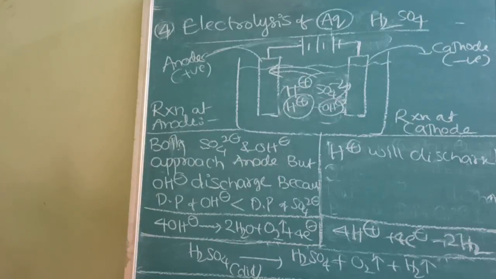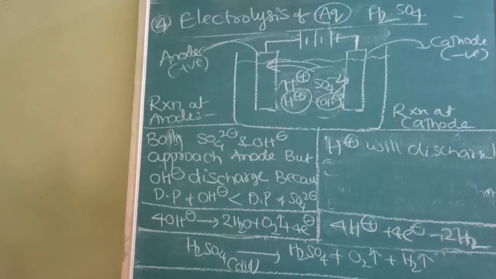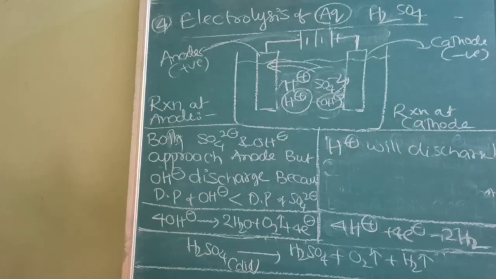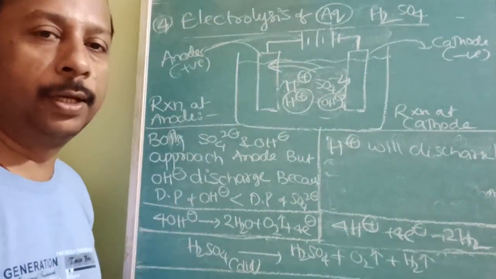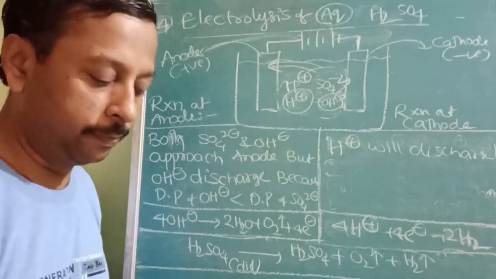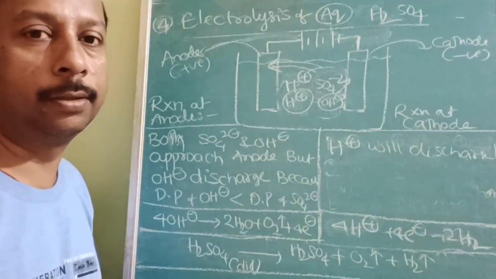Electrolysis of aqueous H2SO4 heading, and this is the final reaction. The final reaction is H2SO4 gives again H2SO4 only, but what is the difference? It is dilute and it becomes concentrated. Oxygen is liberated at the anode, hydrogen is liberated at the cathode. Noted. Is this concept clear? These are all very simple, and the difficult and exceptional cases we are going to study in our next session. Okay, bye.